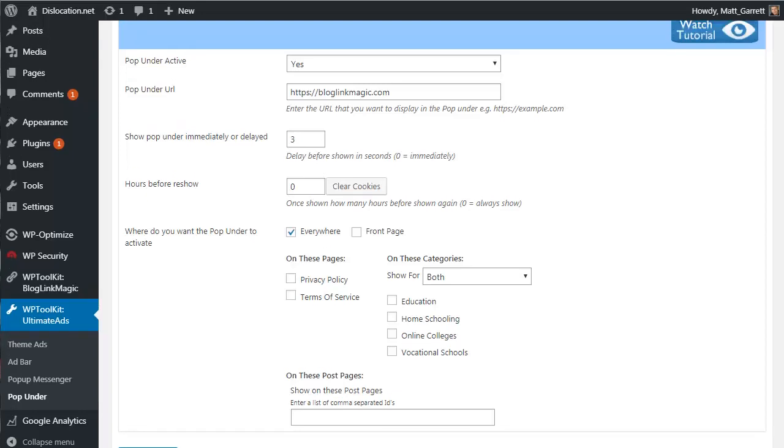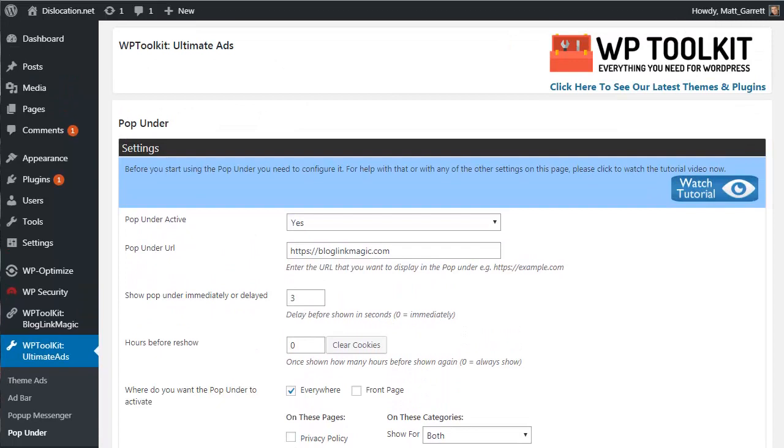Okay, so that's a run through of how your WP Toolkit Ultimate Ads plugin works. And we hope you experience the same kind of amazing results that we get using these income streams on our